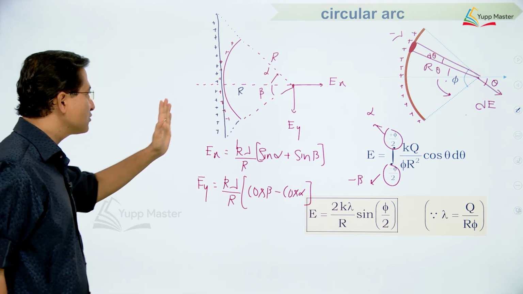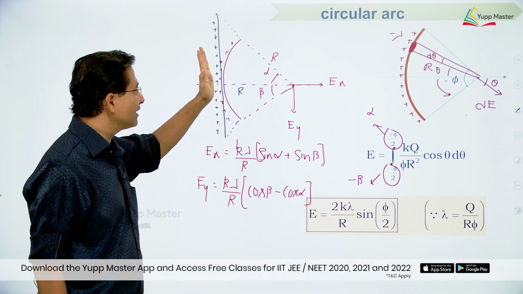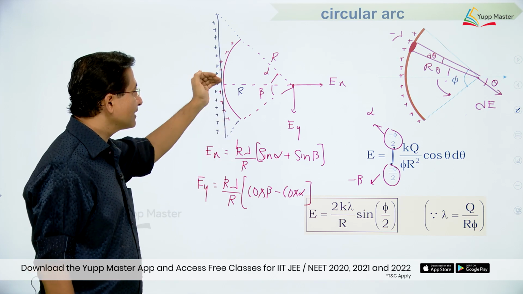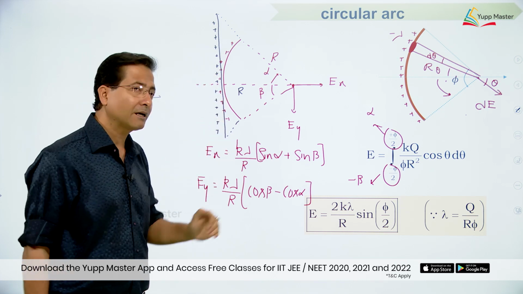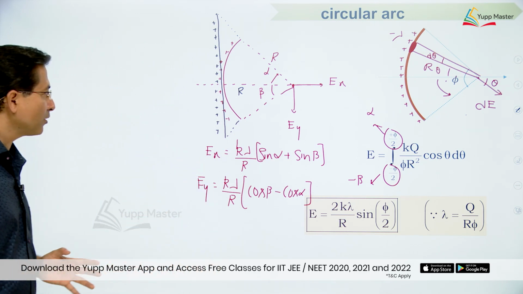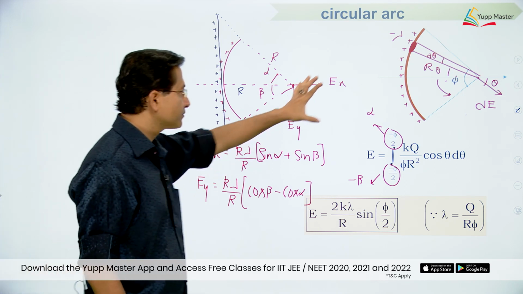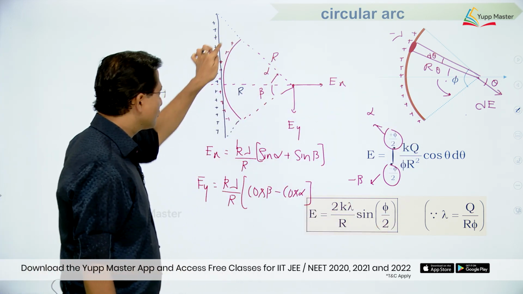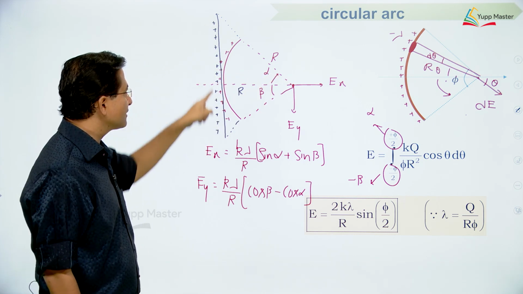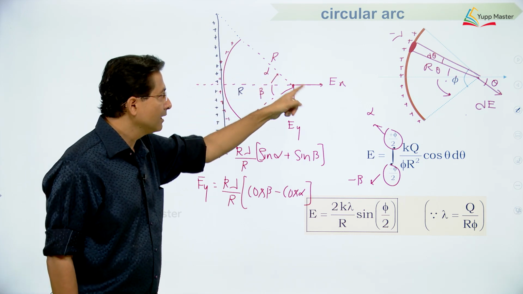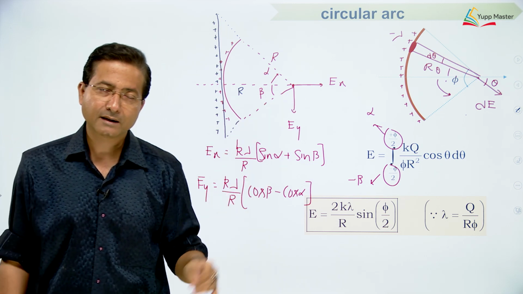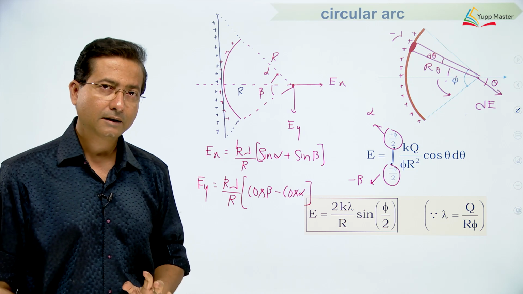Remembering the formula for one situation and getting the same result in another situation gives us the benefit that the same formula can be applicable in multiple places, right. So, this is the most important application. Whatever be the field produced by this circular arc at this particular point, two components, the same will be the field produced by this straight wire at this particular point, and the two components are written the same way as we used to write for a straight wire, right.